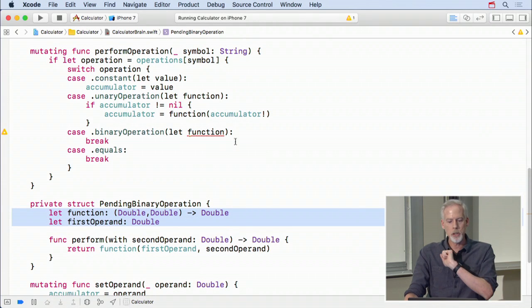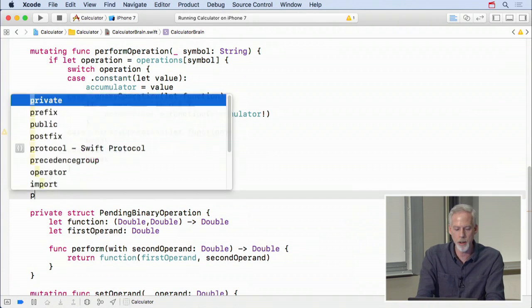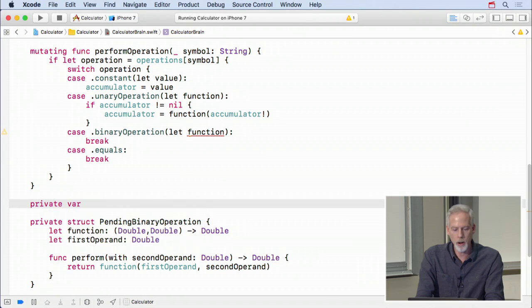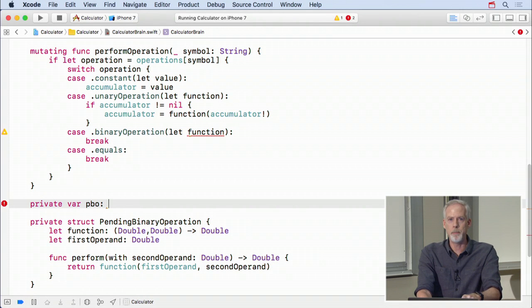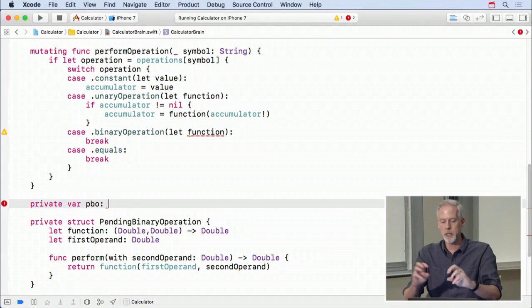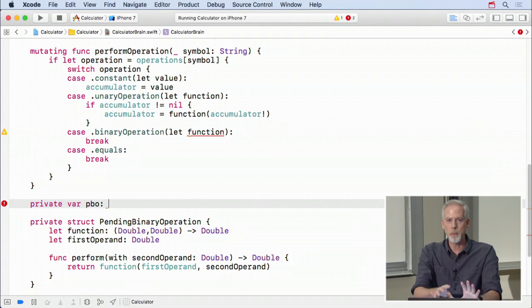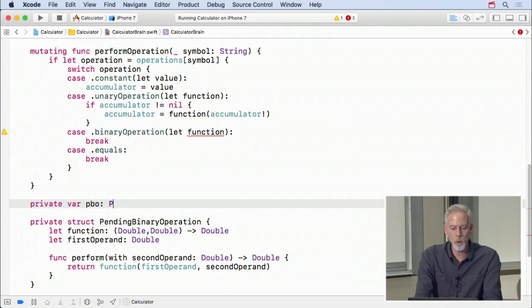And in fact, let's use that right now. I'm going to create a private var, which I'm going to call PBO, pending binary operation, but only temporarily because this is a bad name. I'm mostly doing it so things won't wrap because I'm using a big font so you can see here. I'm going to actually change this back to a better name in a second. But this PBO is a pending binary operation and